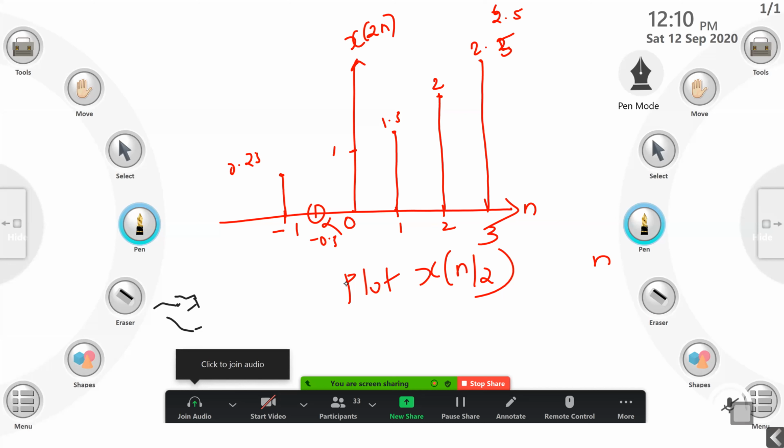So in that case, you need to insert additional samples in between -4 and 12. Because -3 was not in our picture at all. 7, 8, 9 and so on were not in our picture at the earlier time. Once we are expanding the signal, you need to add extra samples in the time instants from -4 to 12. So this is a clue for you. Accordingly, you plot x of n by 2 and tell me on Monday.